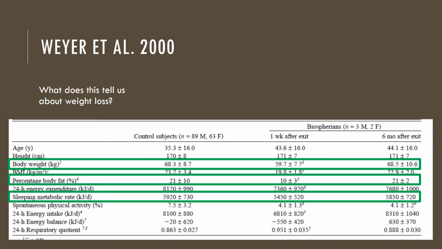So what this means is that the biospherians lost a lot of weight and their metabolic rate went down, meaning they were burning fewer calories to stay alive. So I want you to think about why that might happen. Why would God make us this way? I think the reason is that